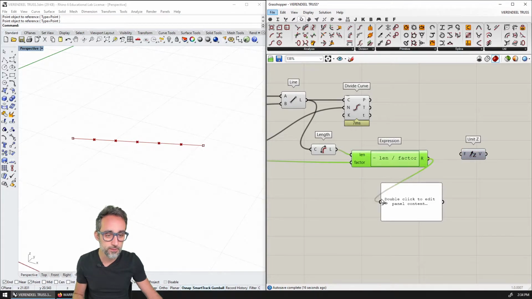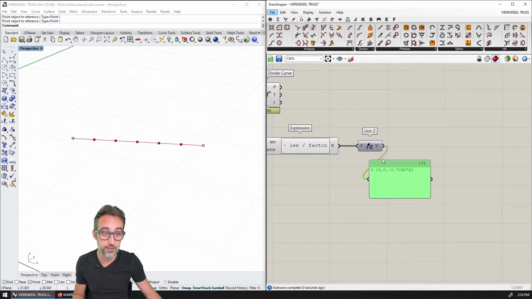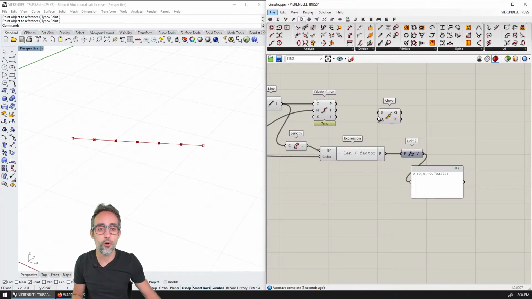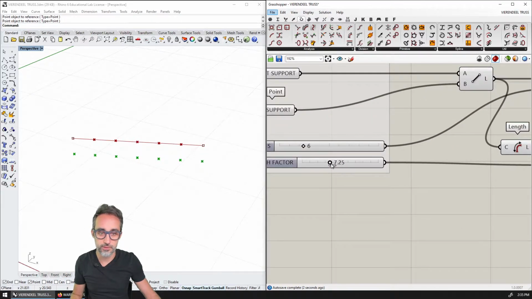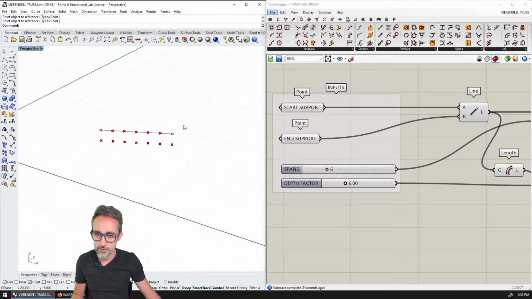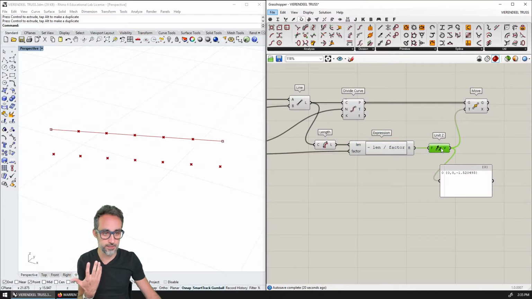So this is going to be now minus blah, blah, blah, which if I multiply by a unit C vector, gives me a vector in the C direction that is pointing down. So if I now move all these points a controlled amount down, I will have the, you see, and I'm going to do something like a factor of 6, for example, so that it's a little squarish in a way. Okay, and this way, you see, if I move the point farther away, the depth adjusts proportionally, which is kind of nice, and it's a very good thing in the logic of structural design.